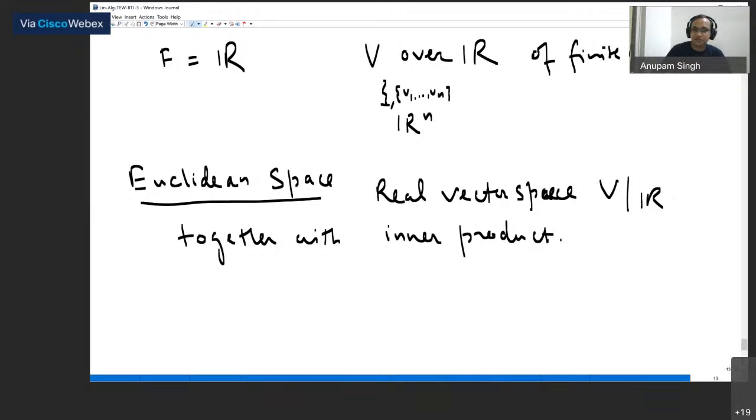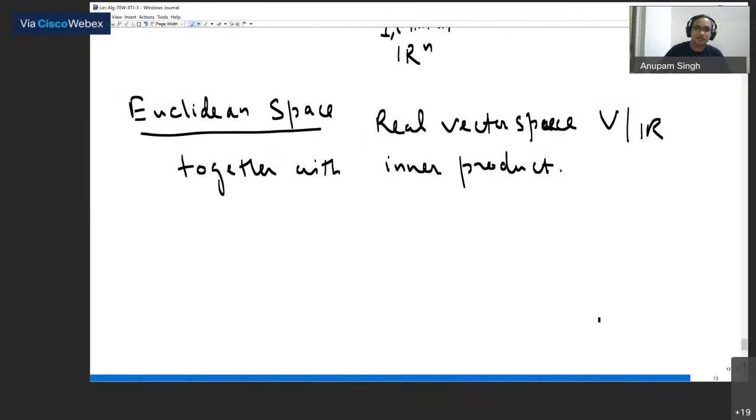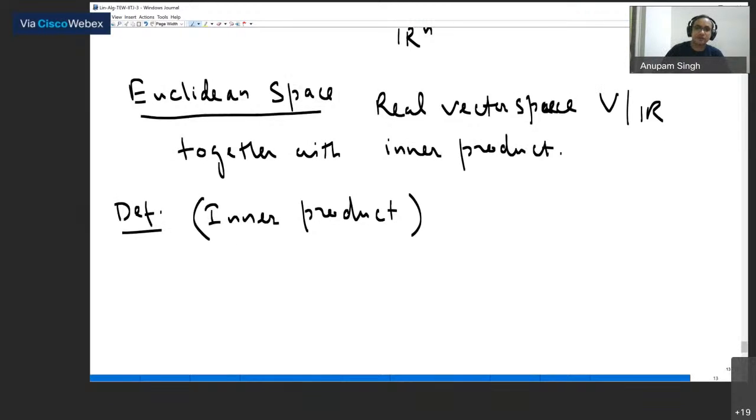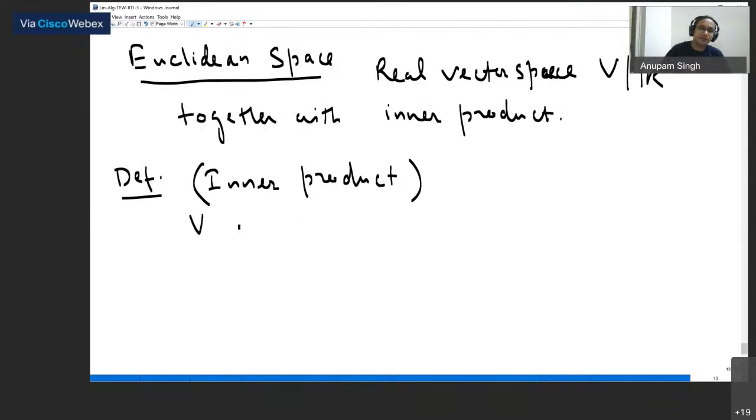So what is an inner product? Let's define what is an inner product. So this is the definition of inner product. This will make sense when we have a real vector space. So I have V, a vector space over R,